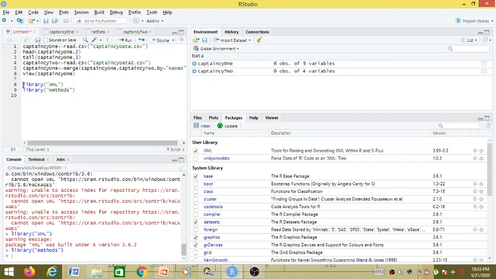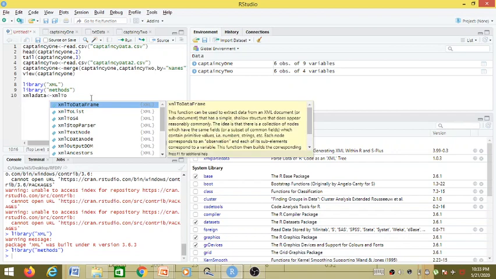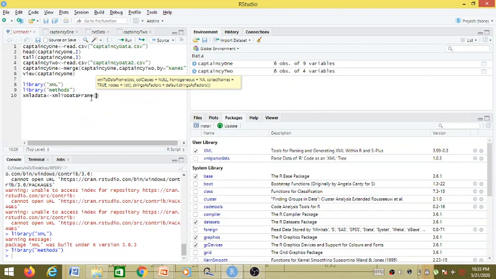It is similar to importing header files before the start of a program. So after this, now we can create a data frame from an XML file. XMLToDataFrame: the T is capital, D is capital, and F is capital in this function name.